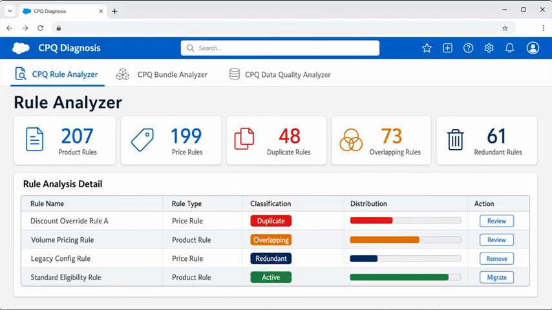In this example, the org has 207 product rules and 199 price rules. Within those, the tool has identified a significant number of duplicates, overlapping rules, and redundant rules. Duplicate rules target the same product with the same condition and the same action. The tool surfaces a description explaining why each pair is flagged as a duplicate, making it straightforward to review and